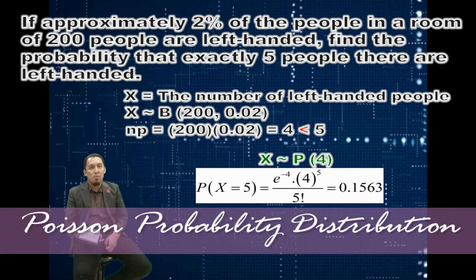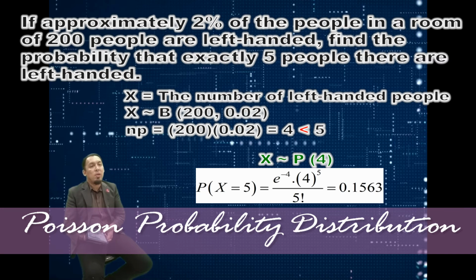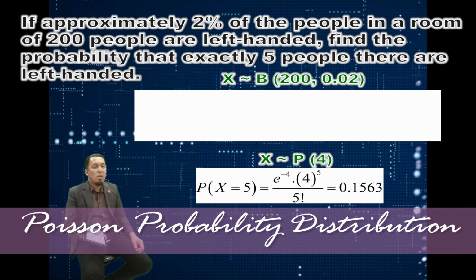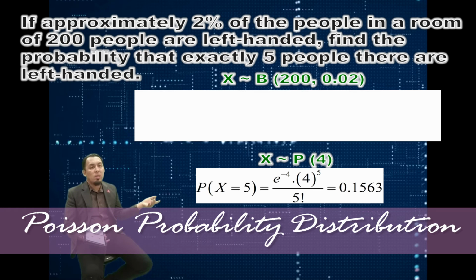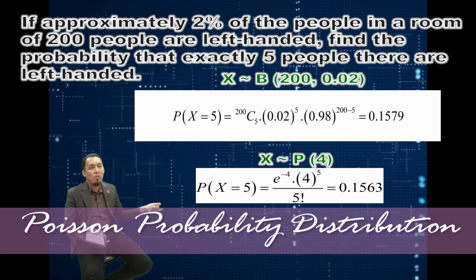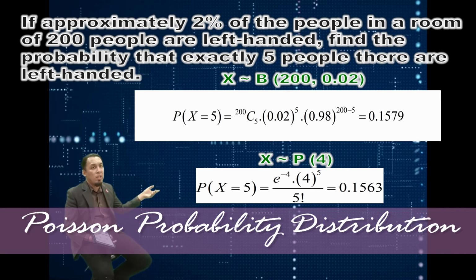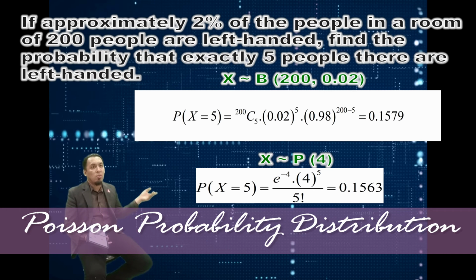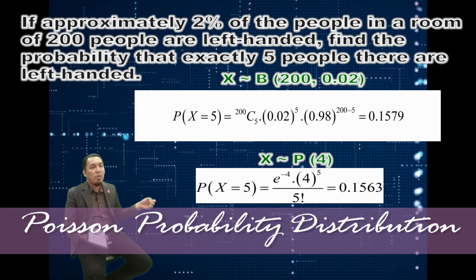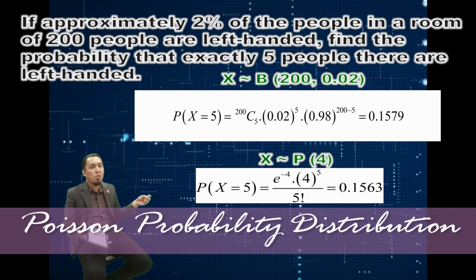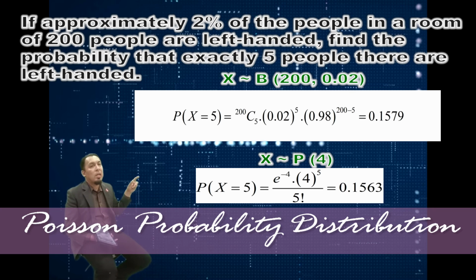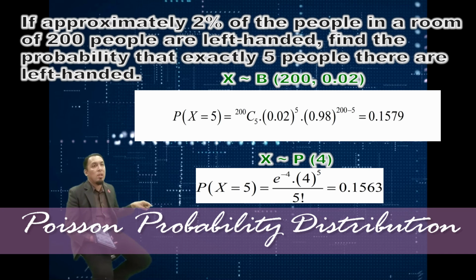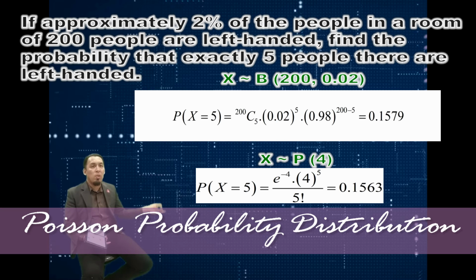Now comes the question: what if you don't realize the approximation and you use binomial to solve it? Let's try to apply the binomial formula. Just input everything there: nCx, so 200 C 5 times 0.02 to the power of 5 times 0.98 to the power of 195. That will give you the answer of